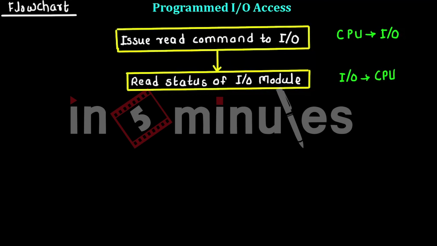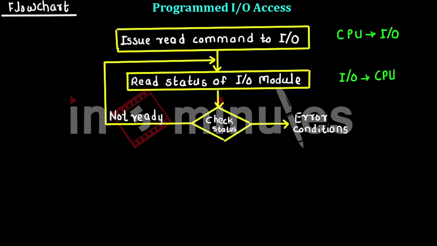So basically the data flow is from the input-output devices to the CPU. The I/O device is going to tell the CPU whether it is ready or not. We are checking the status. If the status is an error condition, then the program is diverted to the error detection and troubleshooting part. The second possibility is that the input-output module is error free but not ready. In this case, we are going to loop till the input-output module is ready to communicate.